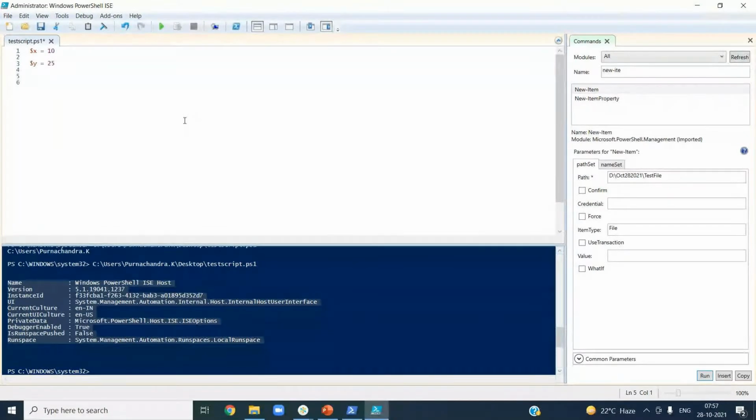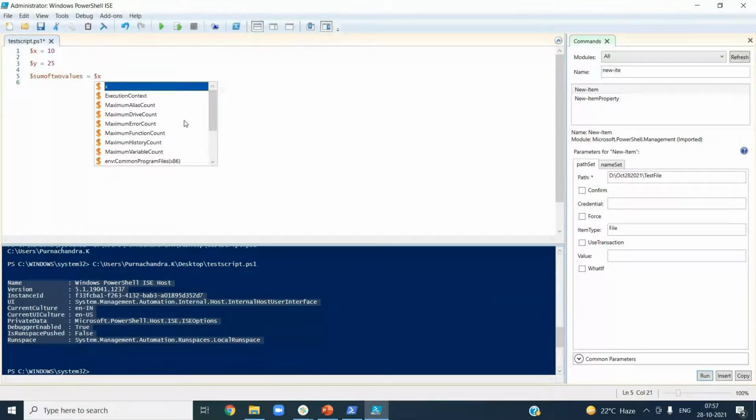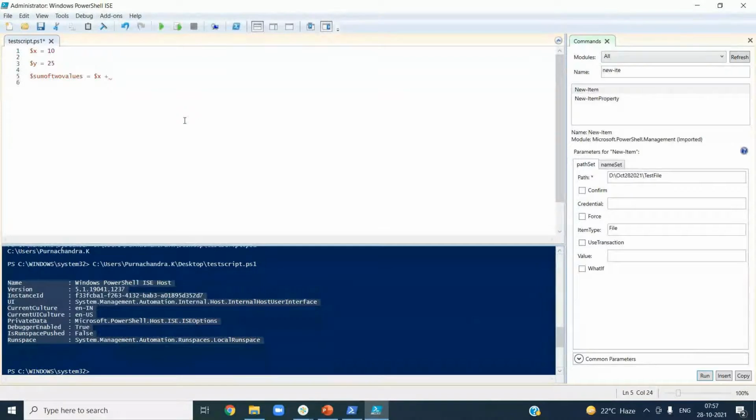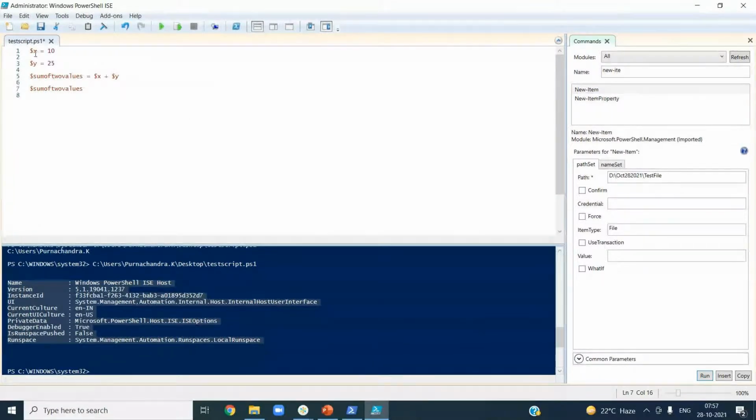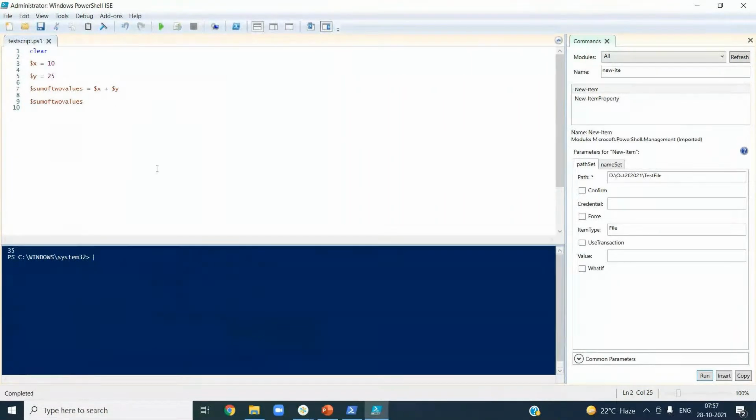I'll create another variable, let us say $sum of two values, equal to $x plus $y. I need to print it, otherwise it will not show me the value. $sum of two values. Before this, I'll use a clear command so that my bottom window will be clear. Now let's see what happens. So what's the output here? You can see here 35.